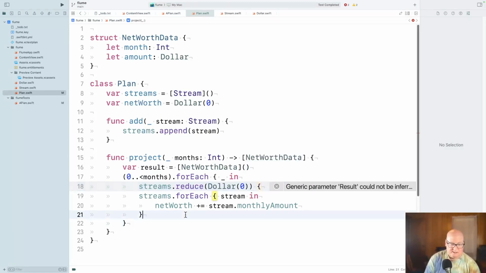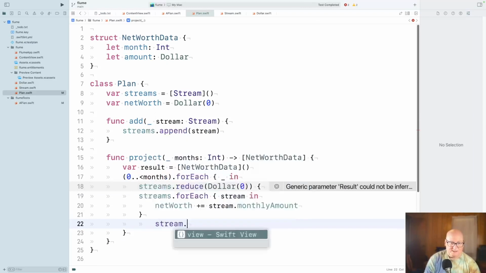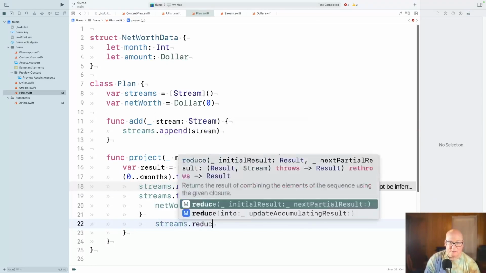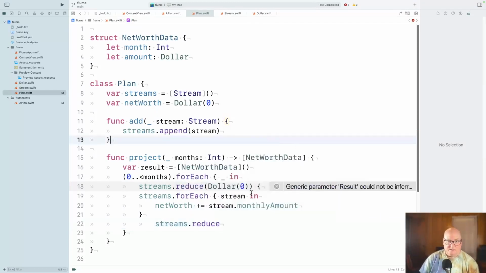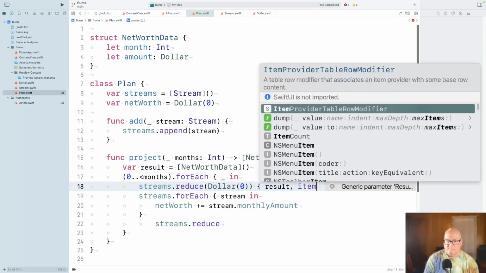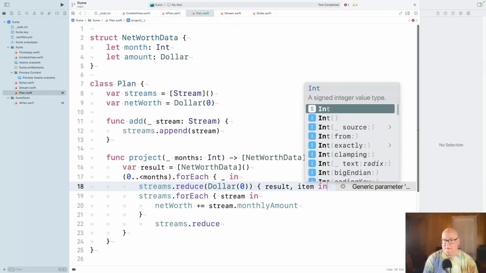Let me do it again. Pay attention to what it says. Streams.reduce initial, and then next partial is result, and stream goes to result. In something.